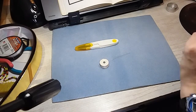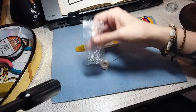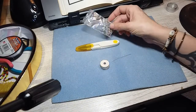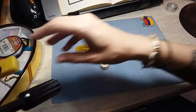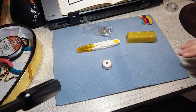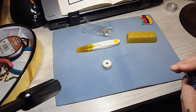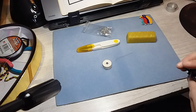You're going to need some earring findings. These guys here. And you're also going to need some beeswax. And then you're also going to need beads. And for my beads, I have chosen a...